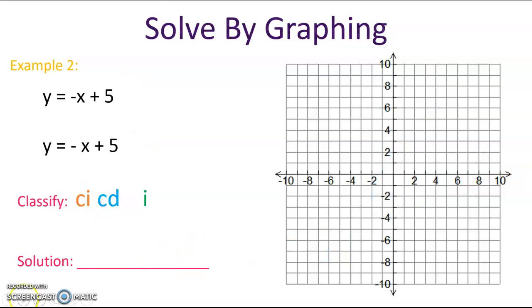Okay? And lastly, real quick, these are the same lines, same slope, same intercept. These are going to be consistent, dependent with infinite